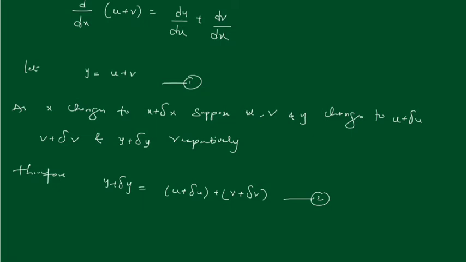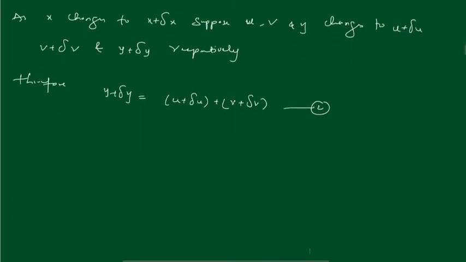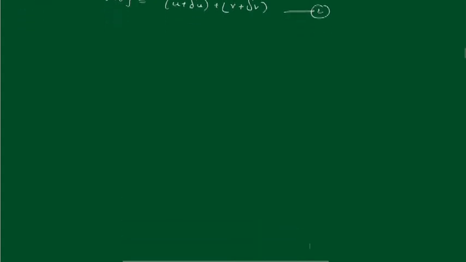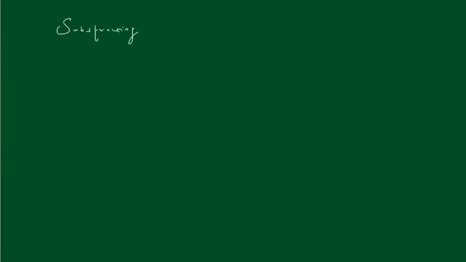So subtracting 1 from 2, we get delta y, which is equal to delta u plus delta v,